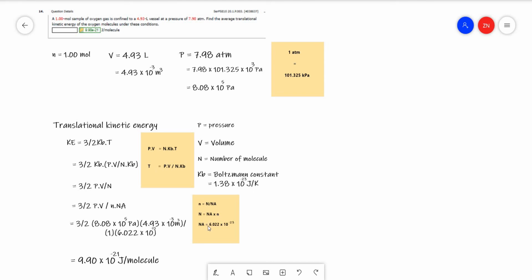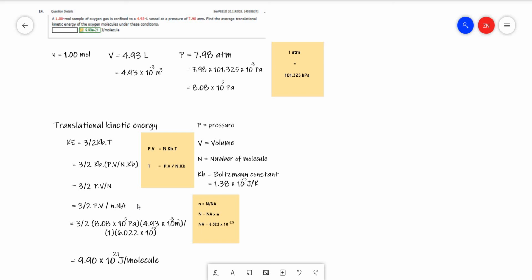So the Avogadro's constant is 6.022 times 10 to the power of negative 23. After we have successfully gotten this equation, we have to substitute it into the formula, giving us 3 over 2 times pressure times volume divided by number of mole